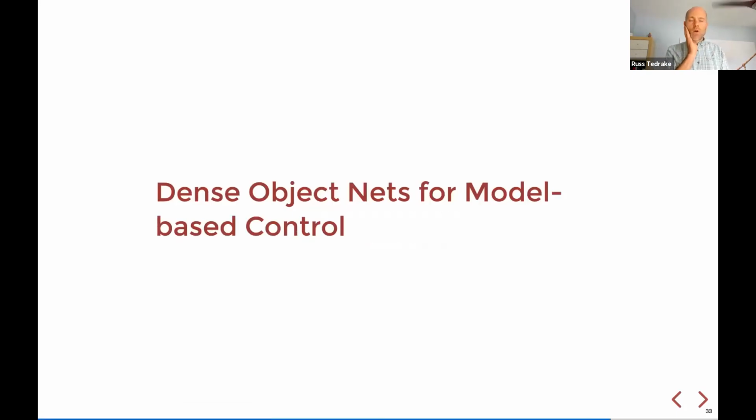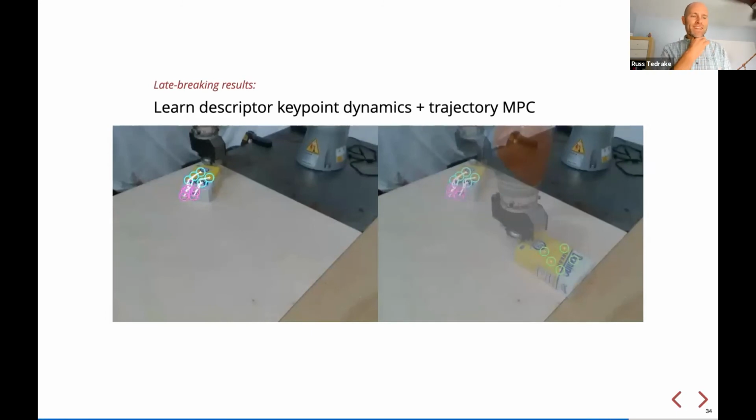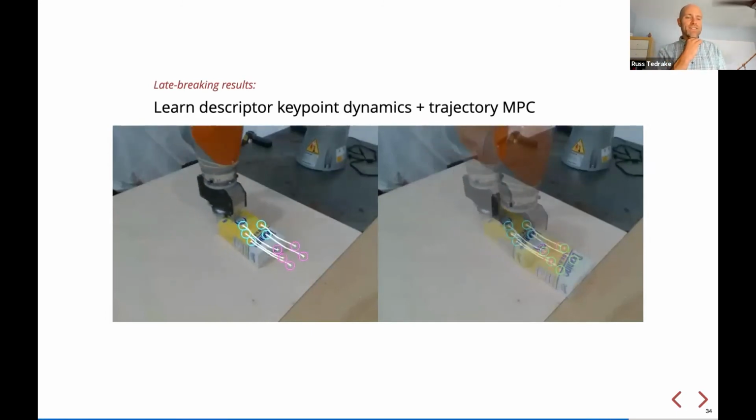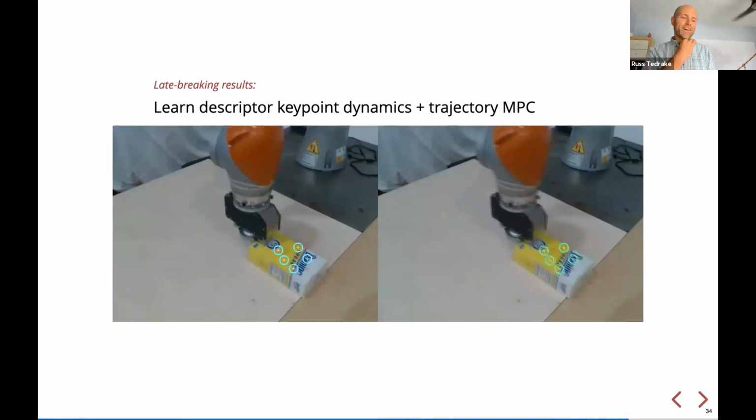And so now the most recent results are on dense object nets for model-based control. And this is late-breaking results. I think the video came in last night, but Lucas is back in the lab doing the last few experiments. He's had the technology ready, but he needed to get back in the lab to do the last few experiments. And now we're taking the dense descriptor key points, learning a forward dynamics model, another network, to basically